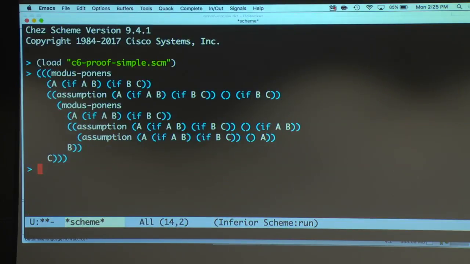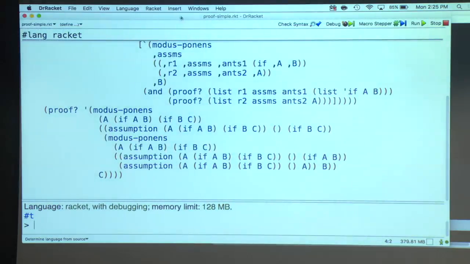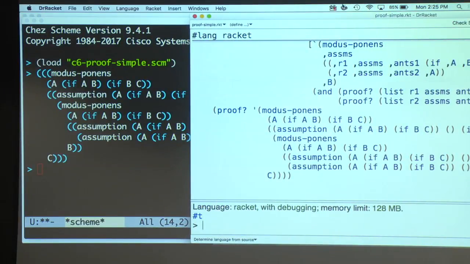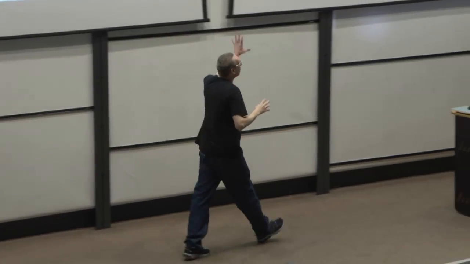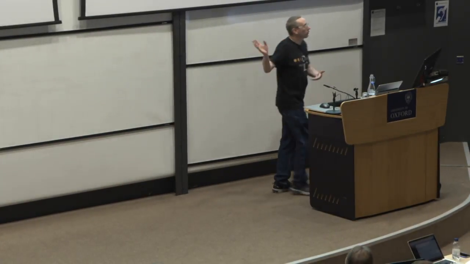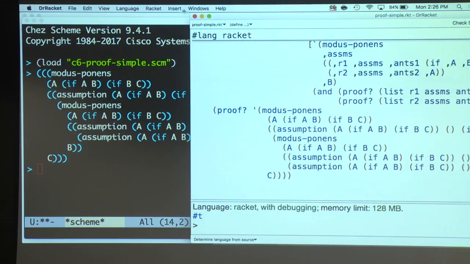Okay, so let's try that. Run it. And that's the proof we get back. And that looks remarkably close to the proof we had to write by hand. So now our proof checker is a theorem prover. Right? So Matt wrote that proof checker before we had this technology working. So that was kind of fun to be able to go back.